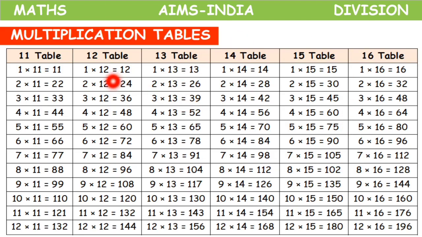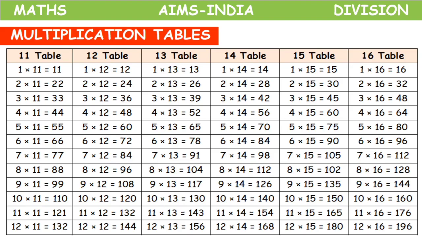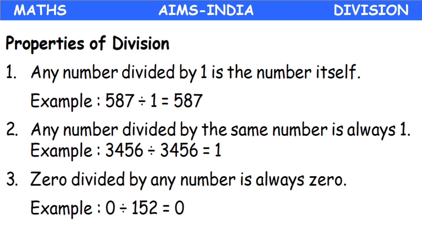We have multiplication tables here from 11 till 16, and in this chapter we are going to learn how to multiply two-digit numbers and how to divide by two-digit numbers. So you need to memorize these two-digit tables 11, 12, 13, 14, 15, 16, and also the other numbers. I think for your class, the tables till 16 are enough. It is important that you memorize these tables.